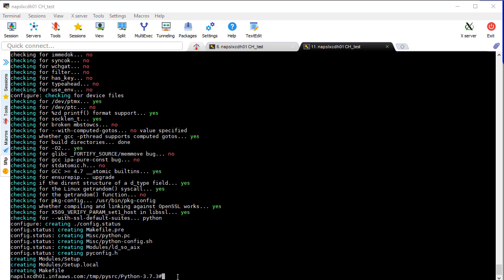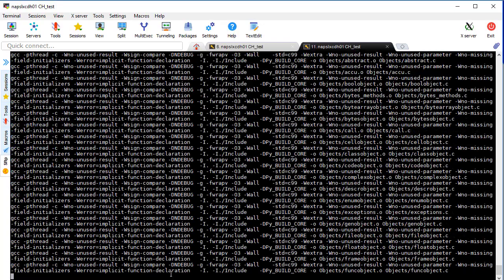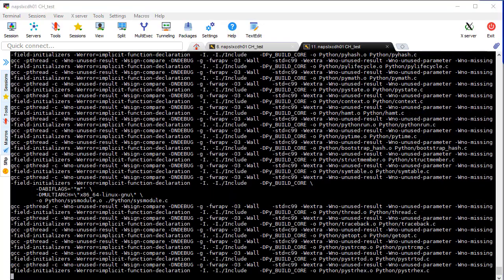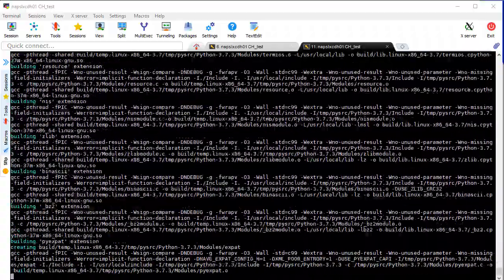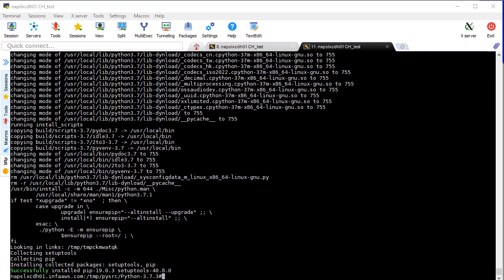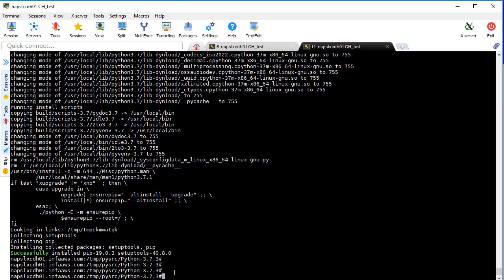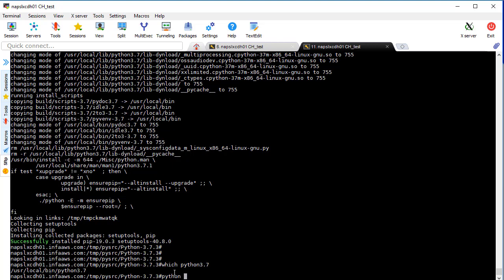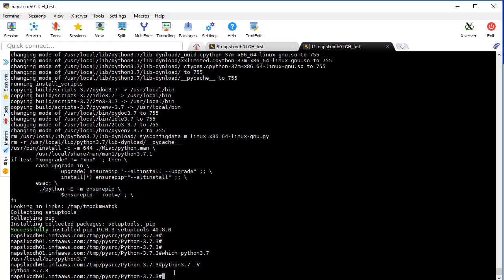Okay, and the last thing we're doing, you have to have sudo privileges or just run it as root, make altinstall. Okay. Everything looks like it's good. Let's try it and see. So which python3.7, and it's there. python3.7, I think it's -V now. Yep, so that's running, and we've still got